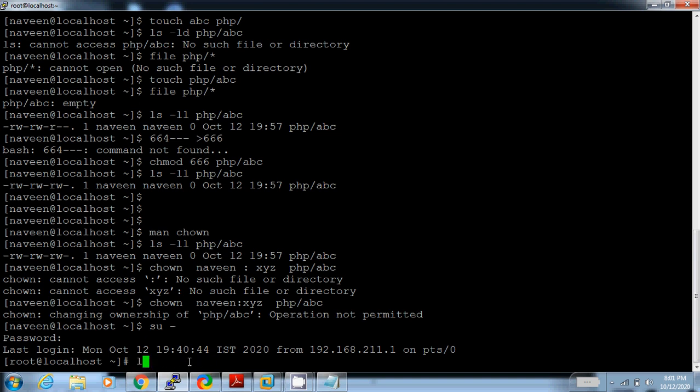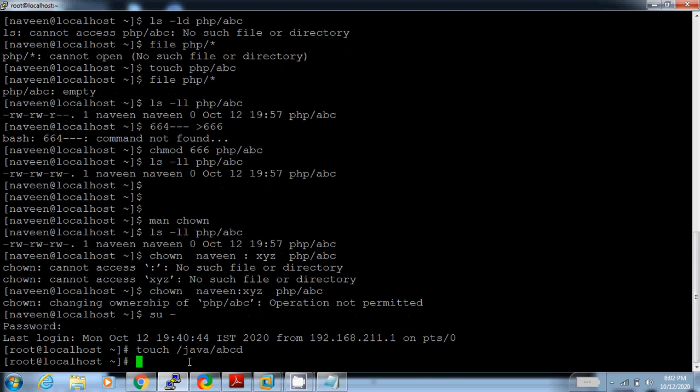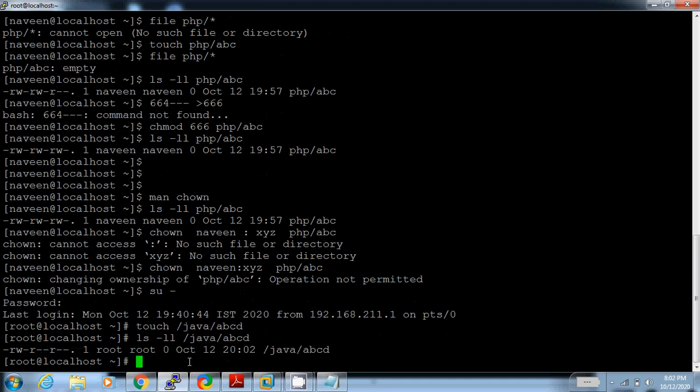Now check the permission ls -ll. Create the file. Sorry. touch java ABCD. Now check the permission. Sorry, ll is for files and ld is used for directory. Java ABCD.